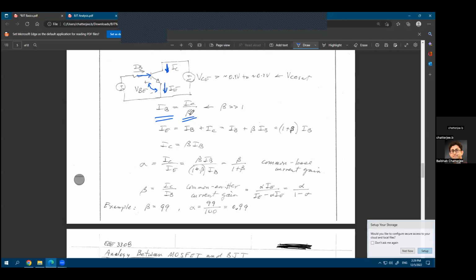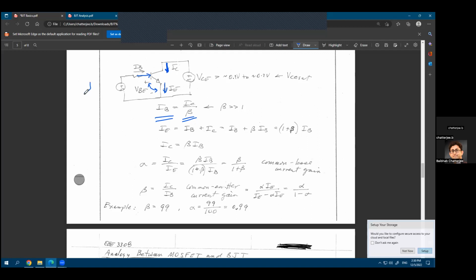Now, usually in circuit analysis books, you'll see that this equation will always be provided, that IB equals IC over beta, or IC equals beta times IB. But they don't really mention why there should be a beta, or why there should be a current amplification. What is happening inside the BJT that is leading to this current amplification? And why do you actually have a current amplification is because, think about this. What I'm going to say next will be easier to visualize when you're thinking about